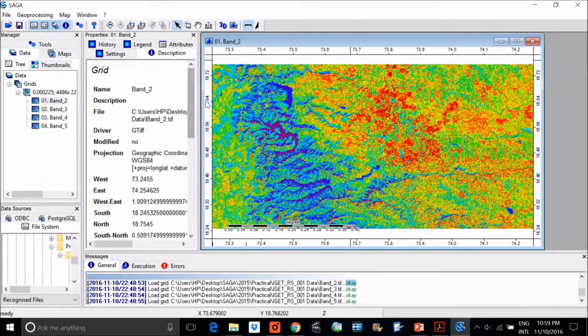Now you can click on the measure distance. You have measure distance also. See, with this tool, the mouse cursor will change to a plus sign, right? Click the left edge of the image and then click the right, like you just press like this, and once you do it, this will show the length, or that will be the size of the image. That means the length of the image. A line will be drawn between these two points. See, I am making the line, and this line is drawn, and at the bottom of the screen you can